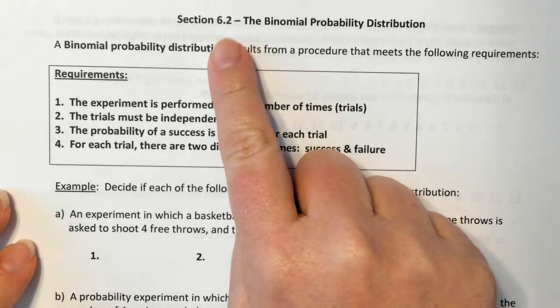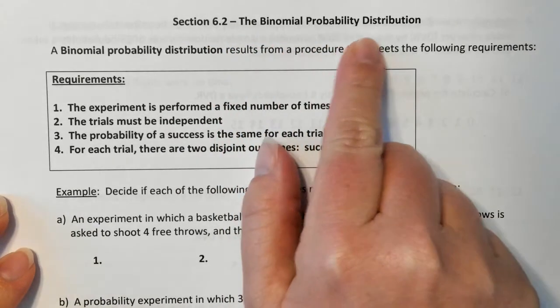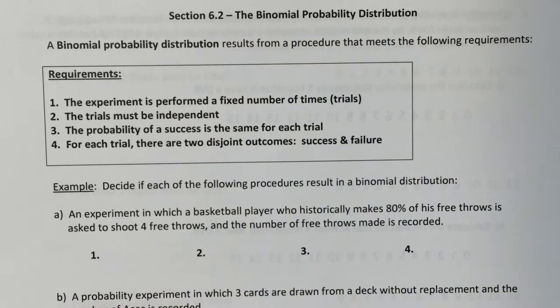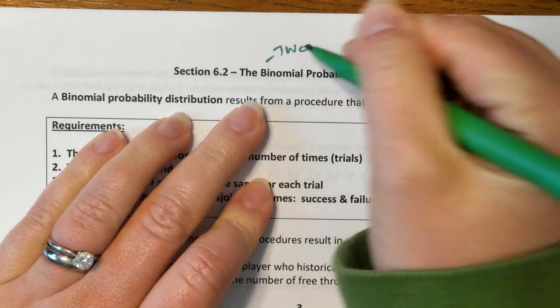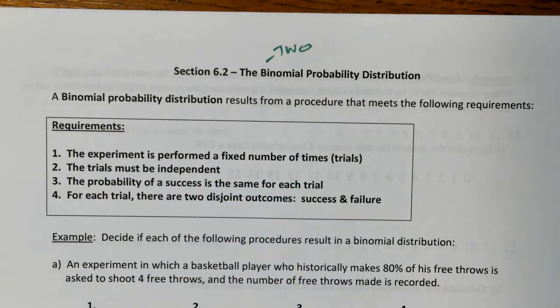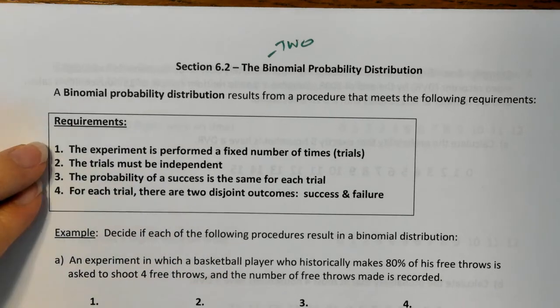In 6.2, we're talking about the binomial probability distribution. Think about that word binomial. The prefix bi means two. So in order for us to be dealing with a binomial probability distribution, there are actually 4 requirements that have